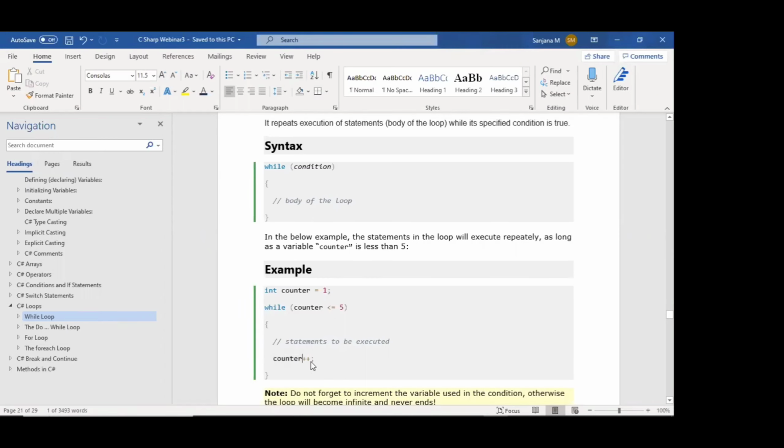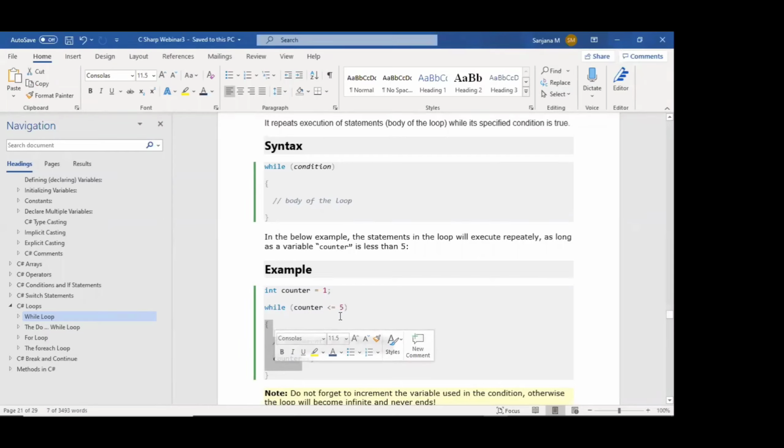We know the increment operator plus plus increments the value of the variable counter by one. Initially the counter is 1, and when it executes counter plus plus, it becomes 2. Like that, the loop continues as long as the counter is less than or equal to 5.